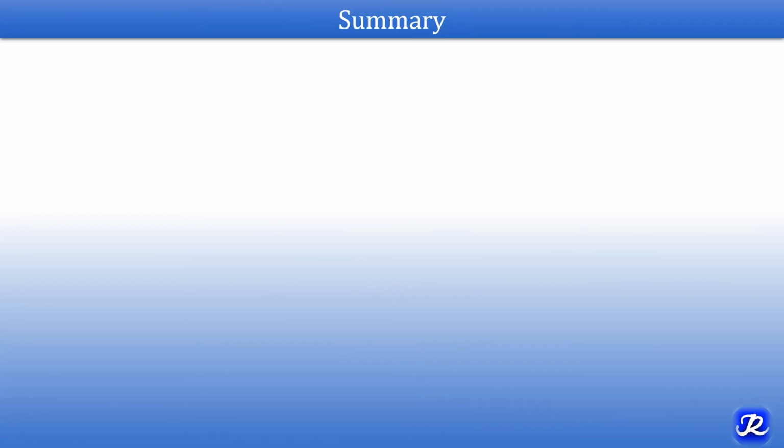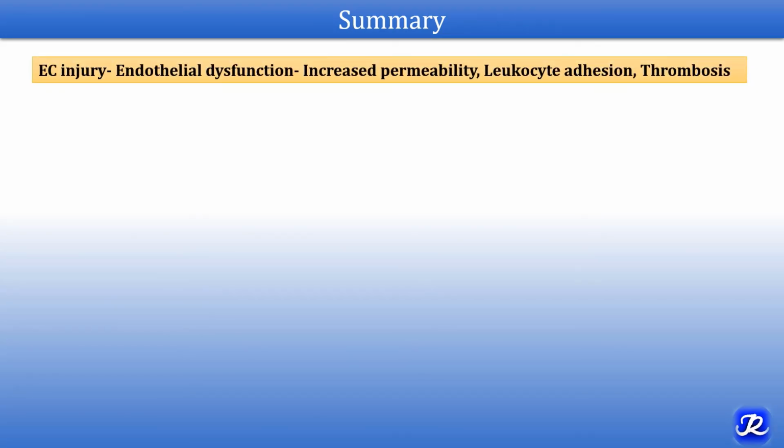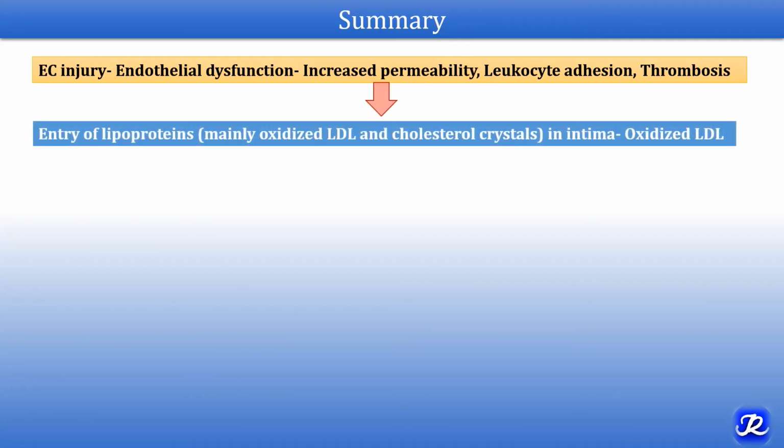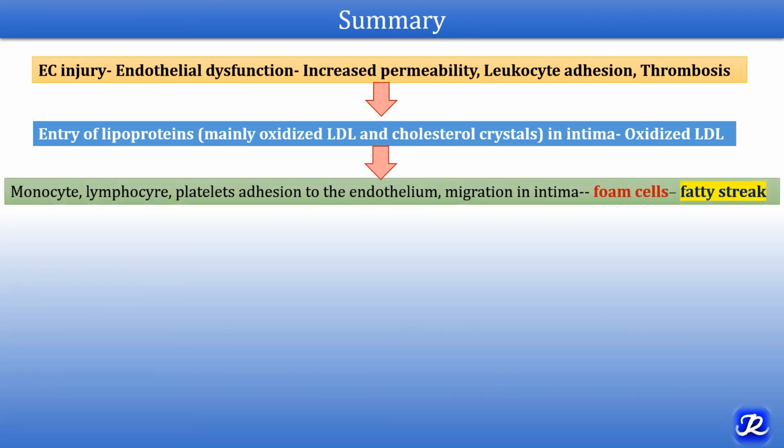Let us summarize the major events in the process of atherosclerosis. Atherosclerosis is the hardening of blood vessels and it is a chronic inflammatory response to injury. So endothelial cell injury is the major event which leads to endothelial dysfunction, which further leads to increased permeability, leukocyte adhesion, thrombosis, and due to increased permeability there is entry of LDL and cholesterol crystals in the intima and the oxidation of LDL occurs, and then the monocyte and lymphocyte adhesion occurs to the endothelium and migration of monocyte and